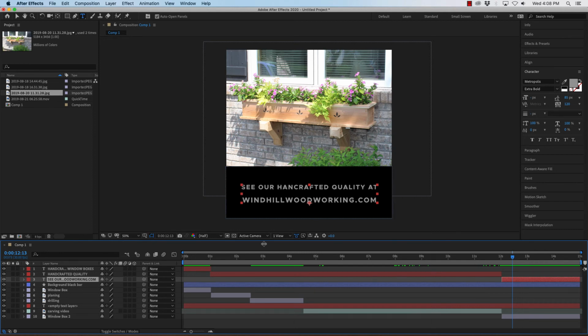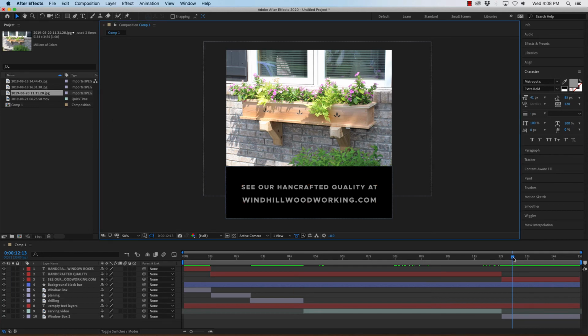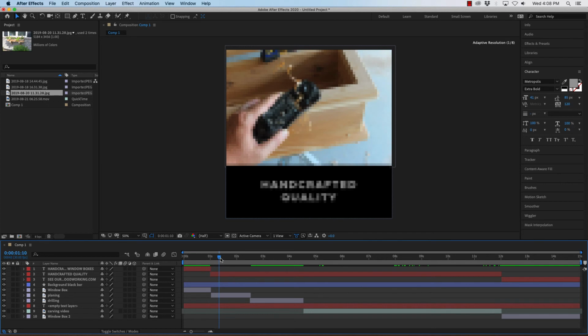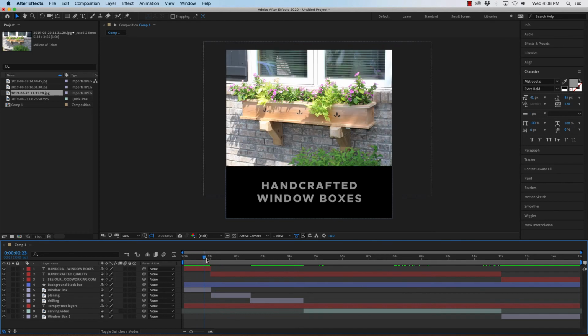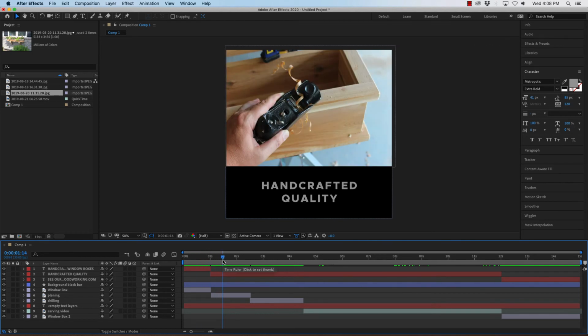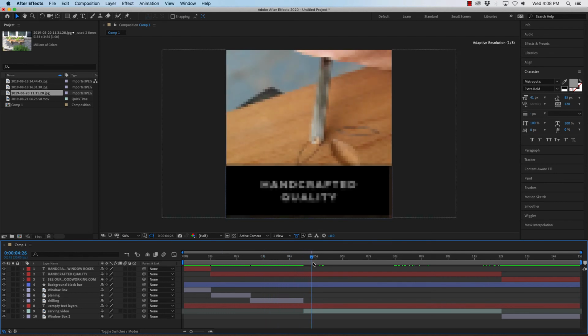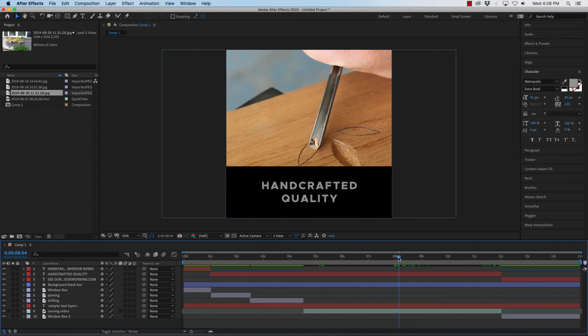Okay, so we kind of have everything laid out here in our timeline. So we know what's going to happen. So I have handcrafted window boxes. It transitions from this into handcrafted quality. And then handcrafted quality stays there, but it transitions into the screw, and then it's going to handcraft into us